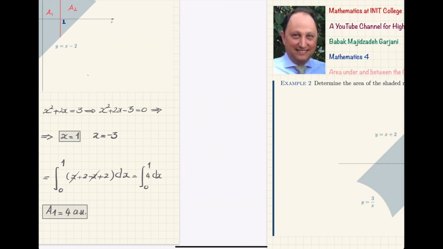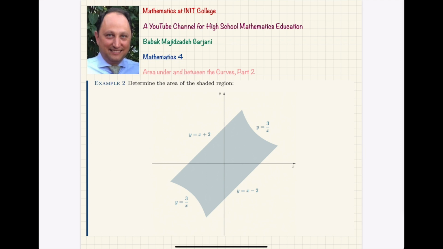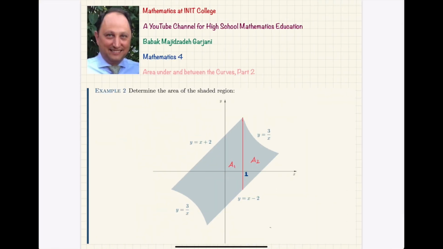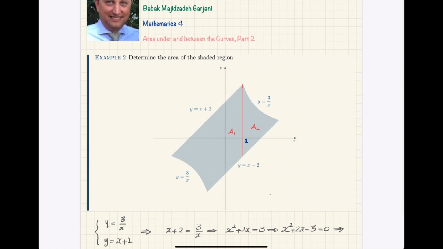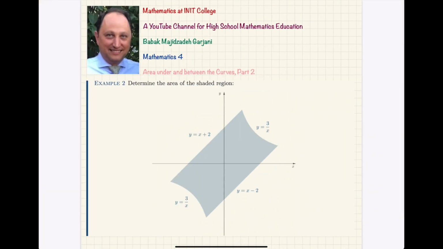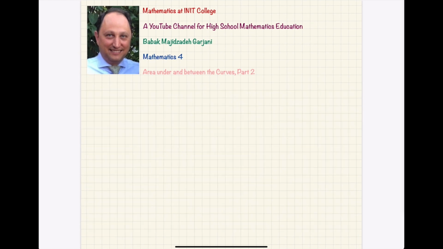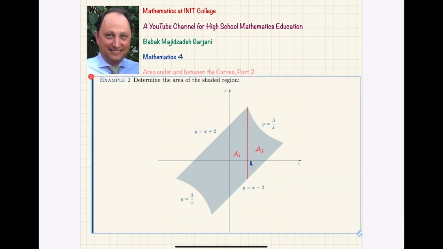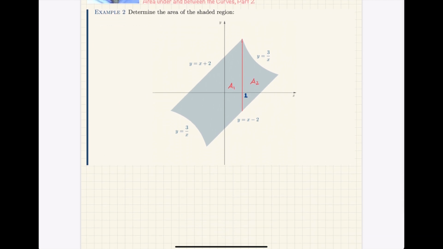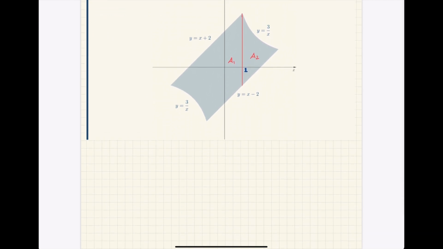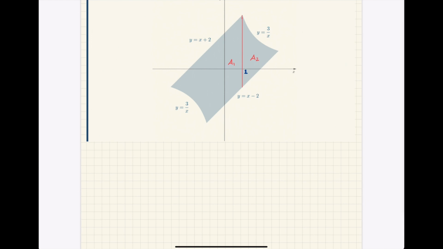Okay, so I don't know if I have... Yes, I have some space here as well. So this is A1, so I think it would be better if I take this picture that I have changed from here to there. Yeah, so now we want to calculate A2. But what is A2 now? A2 is